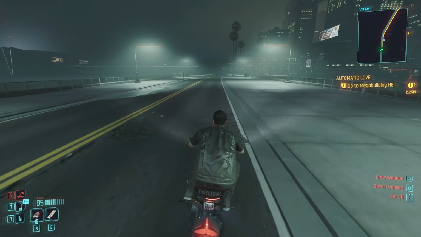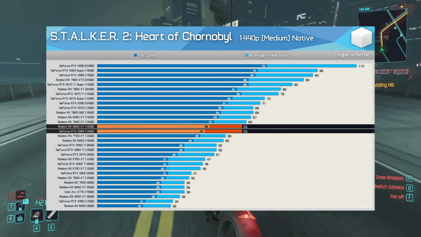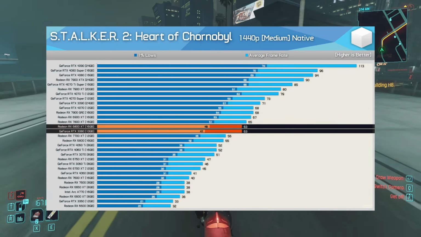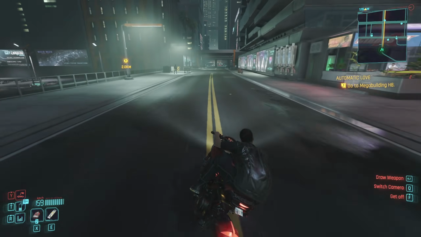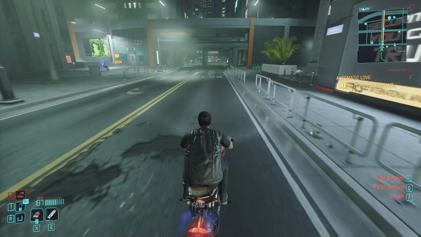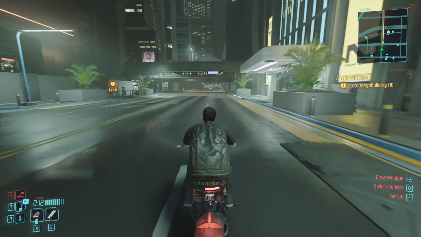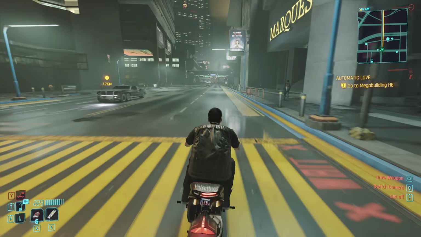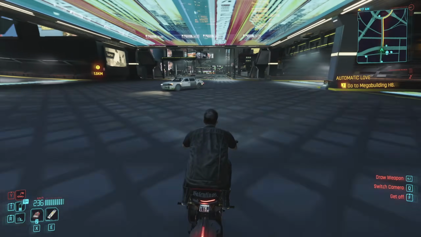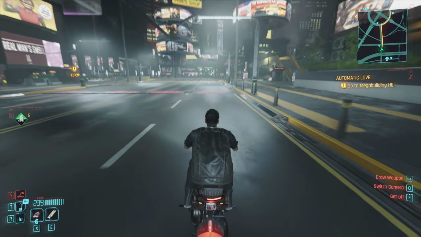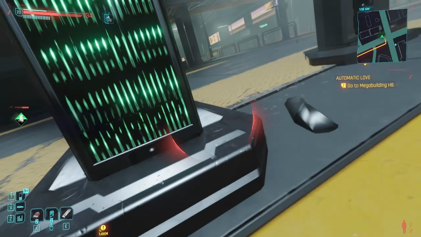When it launched, you needed an RTX 3080 or an RX 6800 to run the game at 1440p medium settings at 60 FPS. Not only that, it is an unstable 60 FPS that would drop frames and have inconsistent frame times, so a laggy and less responsive experience. For reference, these are mid to high-end GPUs that are stronger than something like an Xbox or PS5. As a result, players feel as if they are forced to use upscaling to run new games smoothly, and hence they are forced to experience upscaling artifacts.